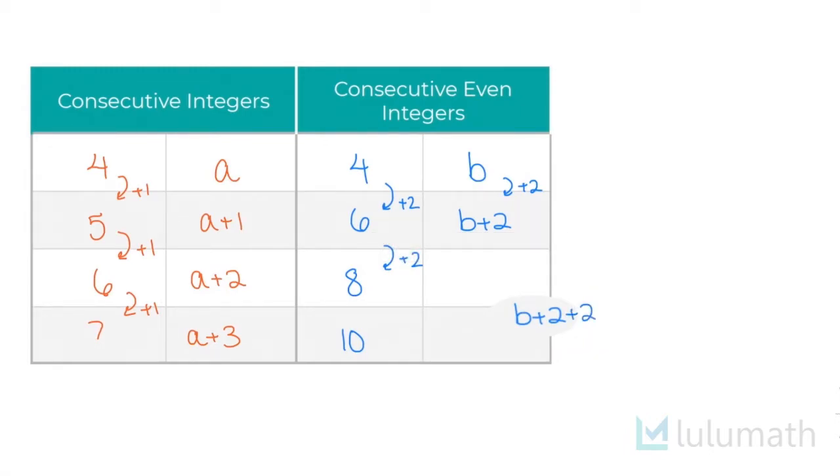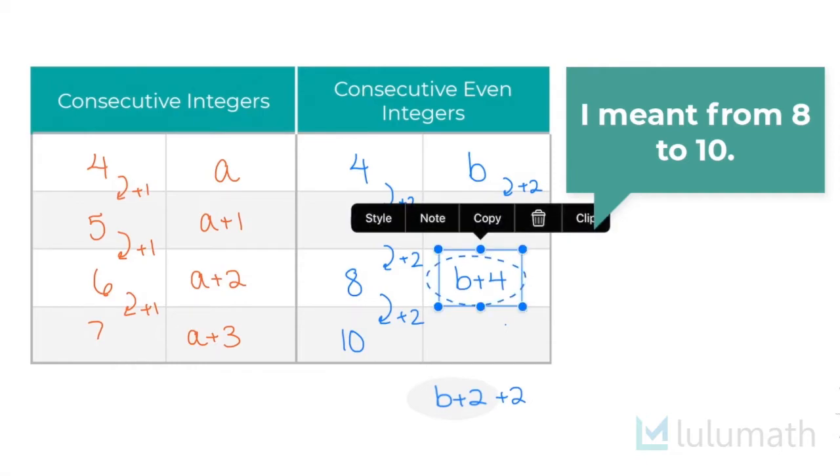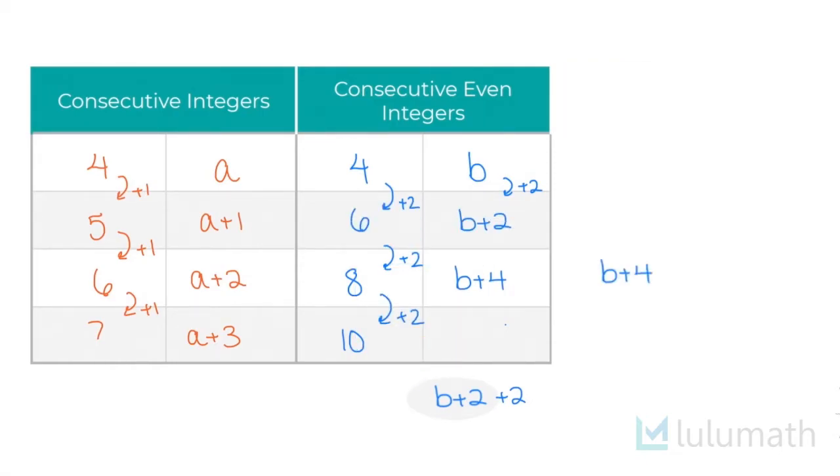Well, b plus 2 is b plus 4, right? And then to go from 8 to 2, I would have to add 2 to that. So I would take this b plus 4 that we have here, and then I would add another 2 to that. So 4 plus 2 is 6. So this would be b plus 6. So it would start with b plus 2, b plus 4, b plus 6, b plus 8, so on and